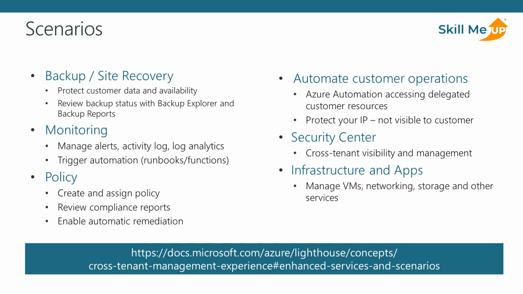It may be that the partner is offering services that automate customer operations at scale. So they can use Azure Automation to access delegated resources in the customer subscriptions. And a nice feature of this is that with Lighthouse, when an MSP is using their automation in this way, the customer doesn't see the Azure Automation runbooks. So it protects the partner's IP. The partner's IP has access to the customer subscriptions. It can perform these operations, but the IP, the scripts that the partner has invested in, those scripts remain confidential